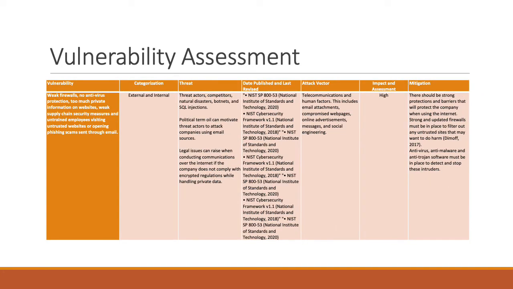And last, additional vulnerabilities can include weak firewalls, too much private information available on websites or available to the public, weak supply chain security measures, untrained employees, as well as potential phishing scams through emails. This can be an external or internal threat. Potential threats can include threat actors, competitors, natural disasters, botnets, and political turmoil can also motivate attack vectors